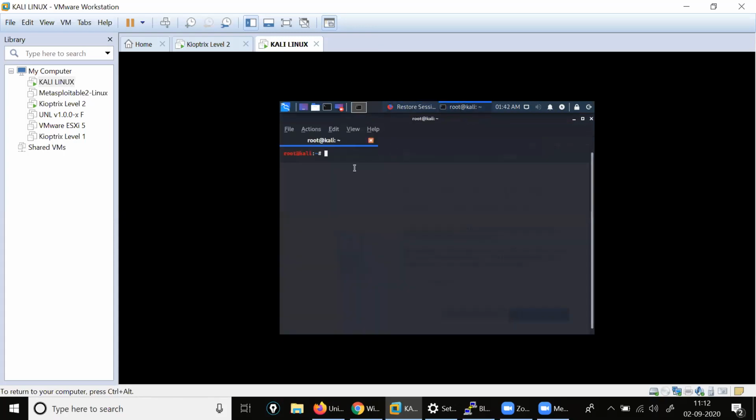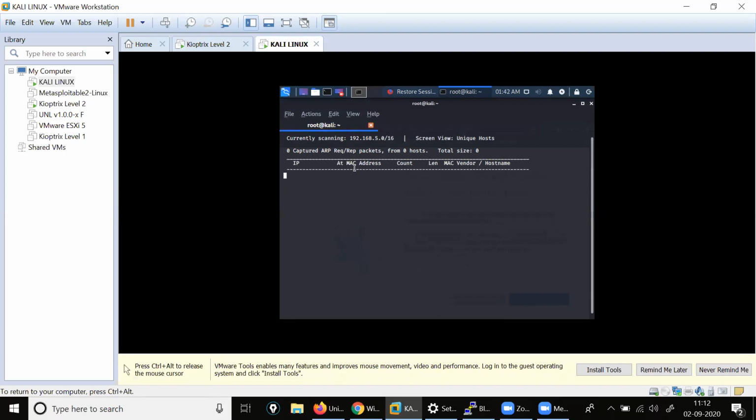What you will do? Again, I will check the IP address, the vulnerable IP address, for my Kioptrix 2. So I will give the command as netdiscover. Then I know very well it is on Ethernet 0. Basically, it's on Ethernet 0. According to you, you can check it now. So let it discover the IP address. It is discovering the IP address. Let it come up.